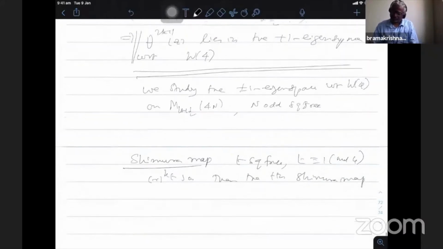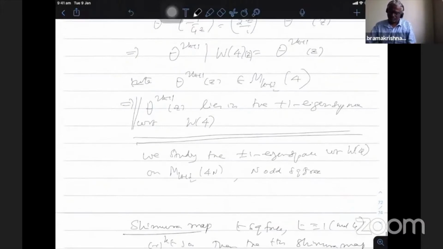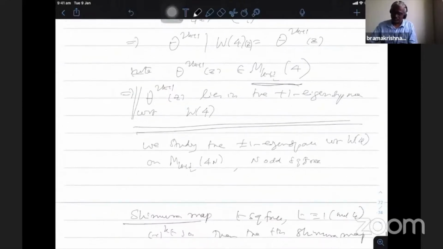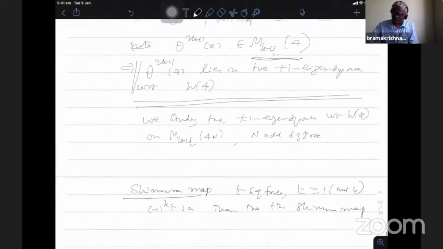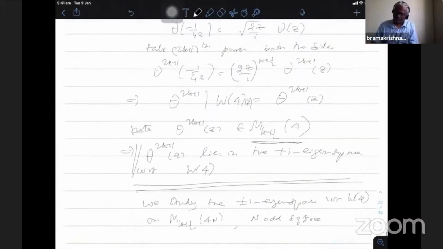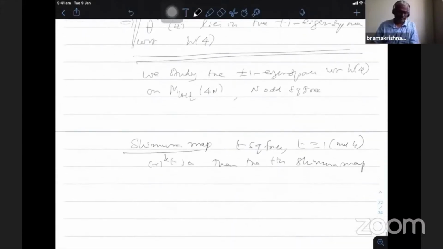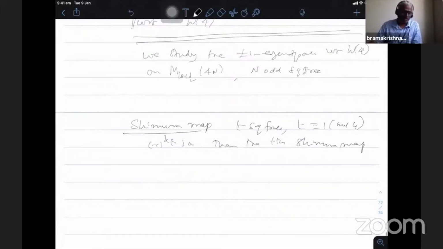Note that the Shimura map was defined on cusp forms, and when the level is level 4 only, Cohen extended the definition, the Shimura-Cohen map, on this space. But when you talk about more general level 4n, n odd and square free, I think there is a work of Wang and Pei who introduced the Shimura map for the non-cusp forms. So it is defined as follows.